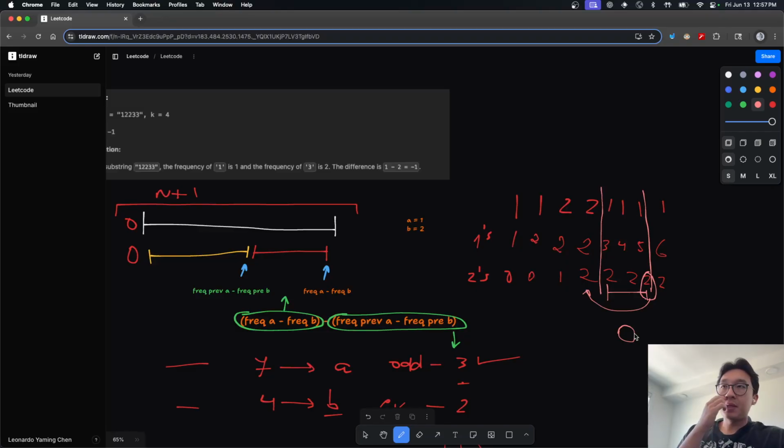What does that mean? That means that at this point, up to this point, we found 2 zeros in the past, not necessarily within this range. It could be before this range. And on the previous subarray, we also have two twos before that. So when we take this difference for the even frequency, this tells us that within the range that we're currently at, we don't have any twos